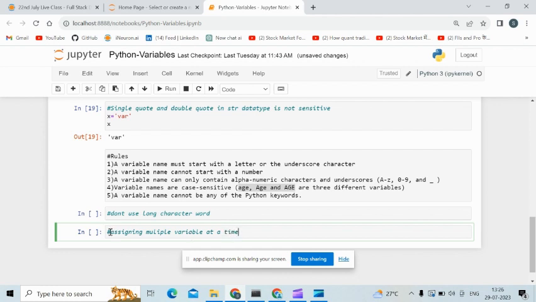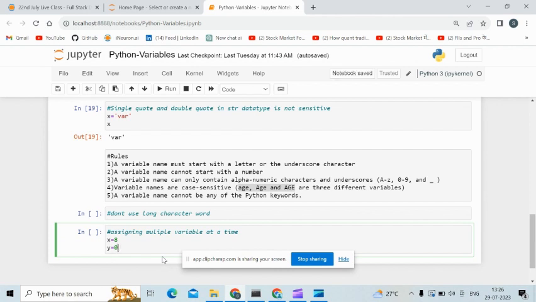Usually, whatever we have seen, x is equal to 8, y is equal to 9, whatever we used to assign, and we print x, y, z. At a time also we can assign, like x comma y comma z is equal to